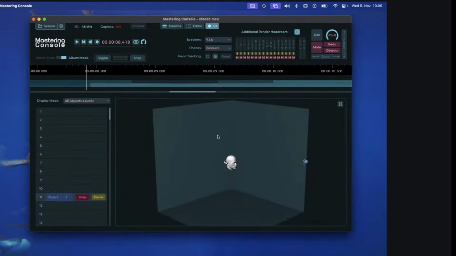You can go over here to the 3D view, and now there's only one channel, so you have only one set of controls here, which is hide and focus. But if you want to focus on certain elements, you can select them in this list, click focus, and then you will only see them. So you can visualize where the object is and what happens